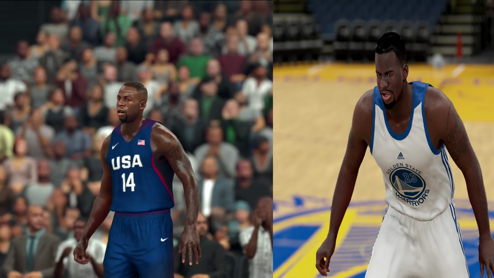His 2K16 body scan was terrible. He looked too big in my opinion. He looked like a mini version of Shaq, honestly. I mean, Shaq is huge, and he looked like a mini version of Shaq. It's like they used the same body scan for Shaq and Draymond Green. That's exactly what it looks like. It looked like he was out of shape, too. And they got it right. Honestly, they got Draymond Green looking well done in